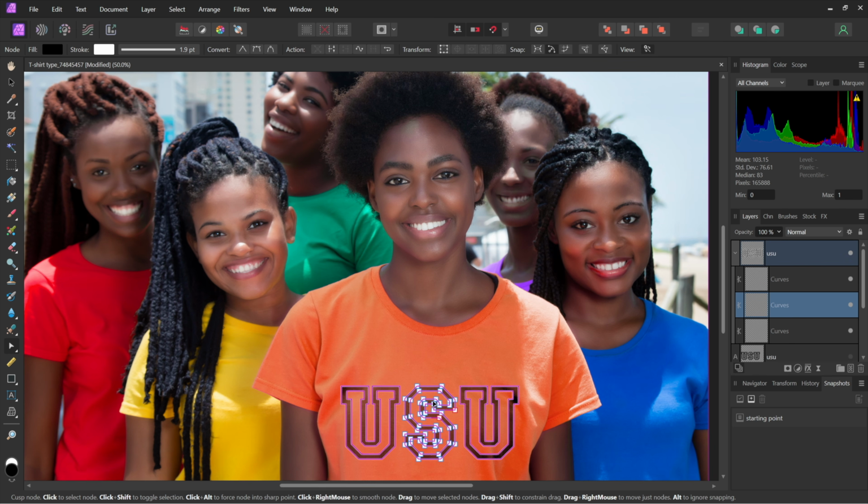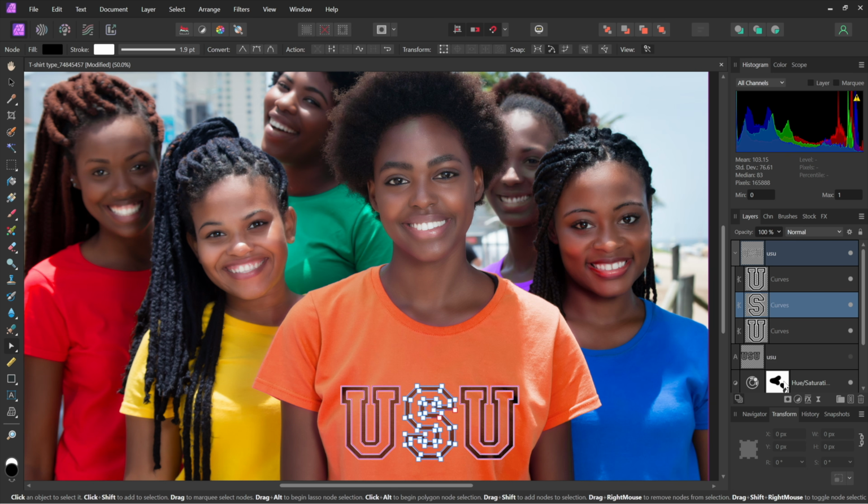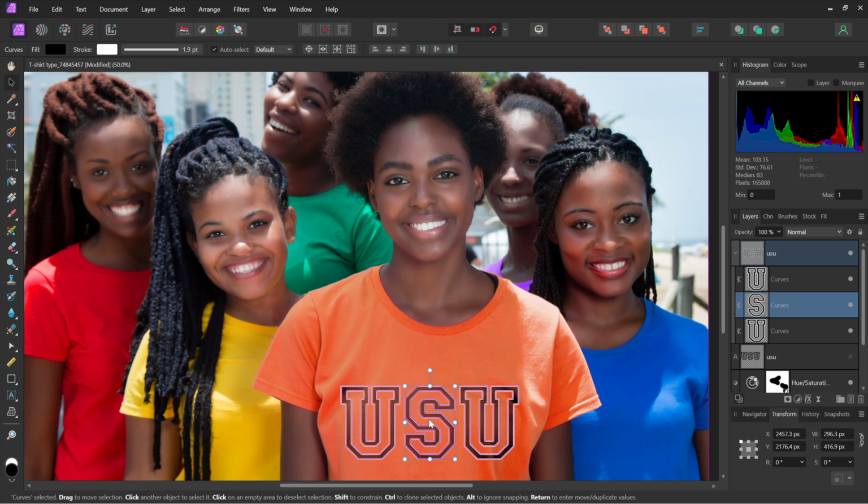Now I'll click a couple of times on the S right there, and I want to make it bigger, so I'll switch to the transform panel, and it's not really giving me the right feedback, so I'll press the V key to switch back to the black arrow tool. It's a little confusing. Notice the center point is selected right there. What I'd like to do is change this to 130%. Actually, I believe I can. I can just enter 130% if I can type correctly, like so, and press the enter key, and that does